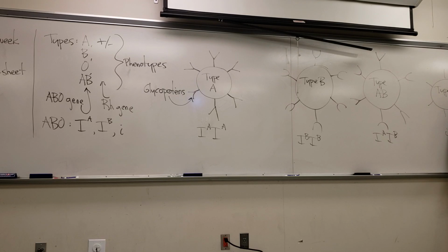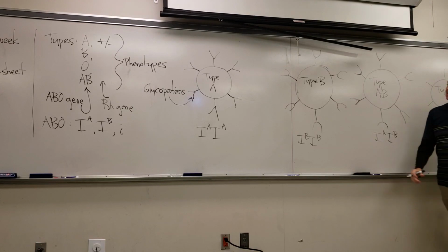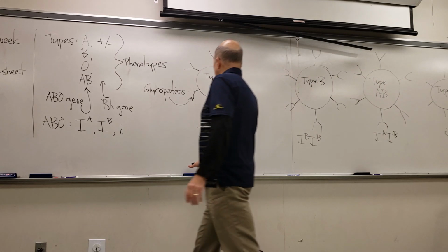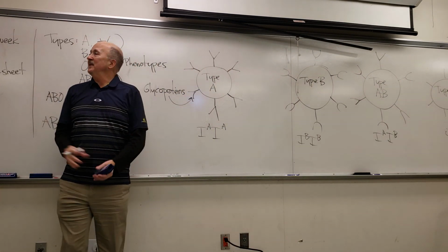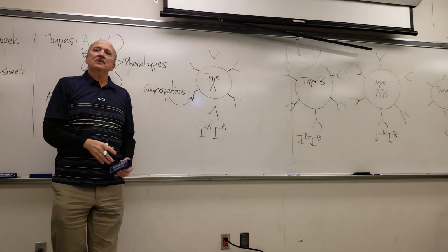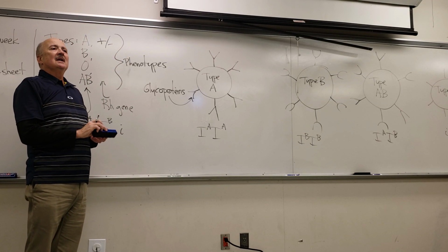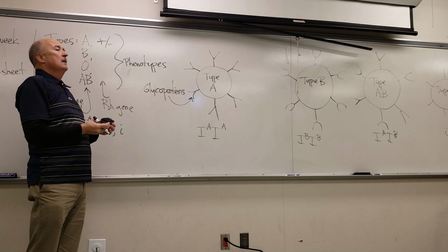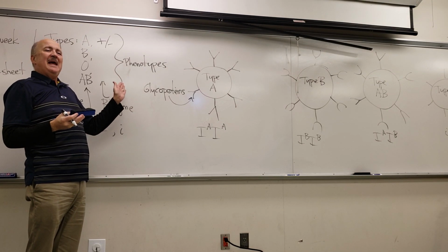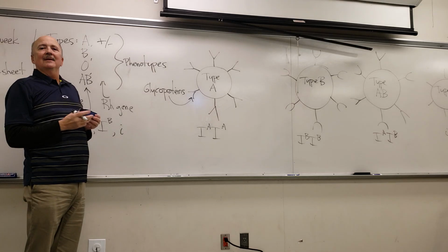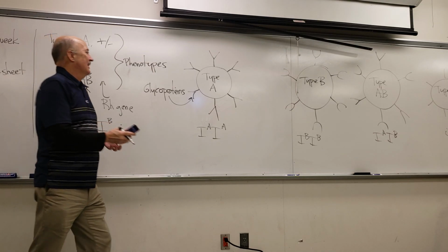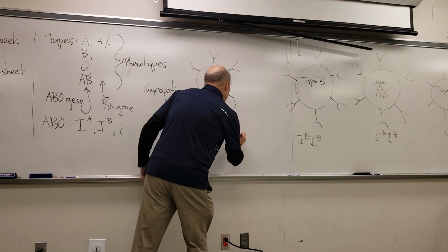Now we still have 2 genotypes though to worry about. Is there another way that you could get the type A response? Remember that when we're talking about the type, we're talking about how the blood responds. If we go and mix it with an anti-A, say, serum, what are you starting to say? IA little i? That's right. If it's IA little i,